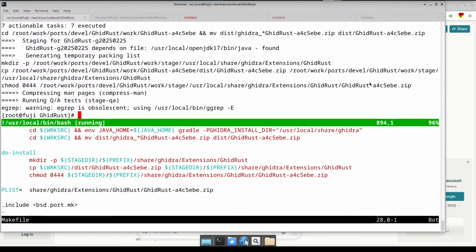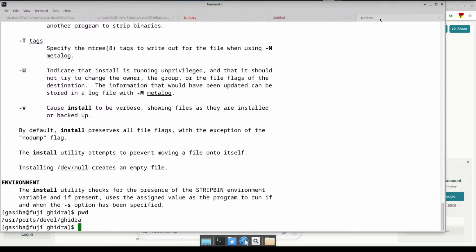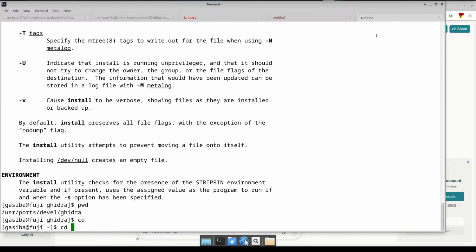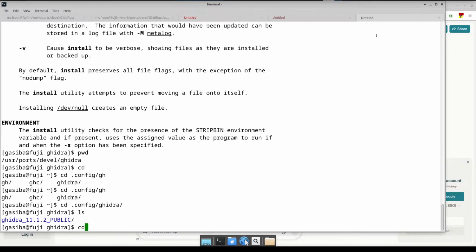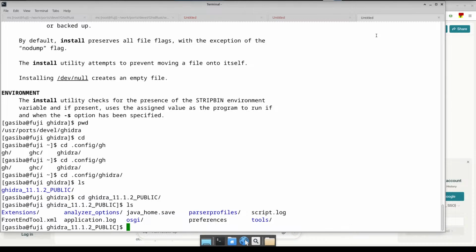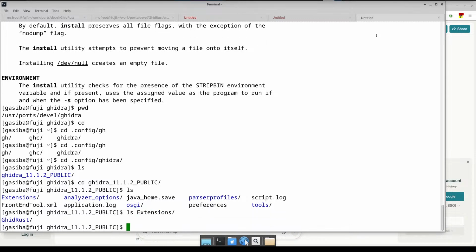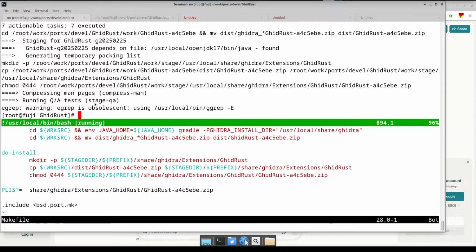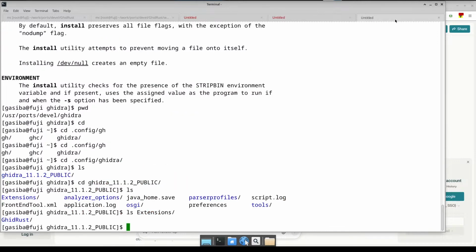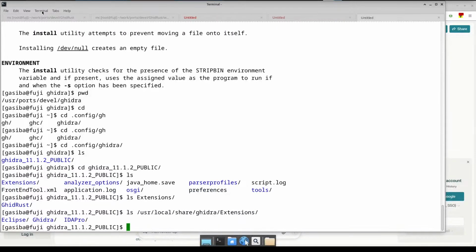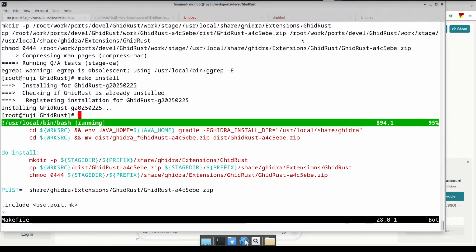seems to be fine. And what we can do is, let me see, is there a config ghidra? Yeah, ghidra here and extensions. Yeah, the extension is here. And if I do make install, currently the system doesn't have anything. Use local share ghidra extensions. And if I do this, boom,